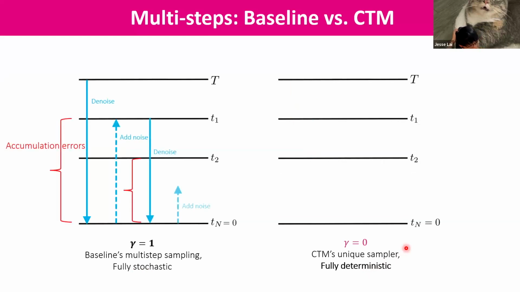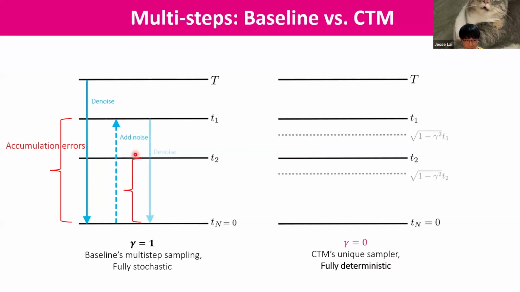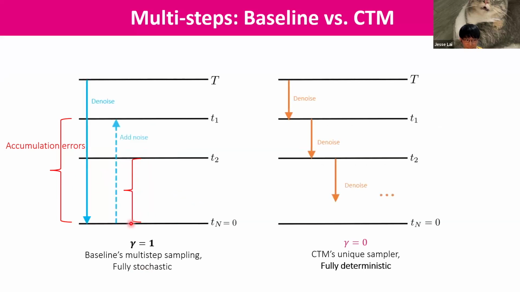Okay. And the issue for the CM's multi-step sampling is, if you go from very noisy to clean, add noise back, and then go noisy to clean again, there are some overlapping regions, and this will give you accumulation errors. Actually, we proved that for multi-step sampling in the CM model, in the worst case, they will get a lot of accumulation errors. But for CTM, we don't have this kind of overlapping interval, so we can avoid the accumulation errors.